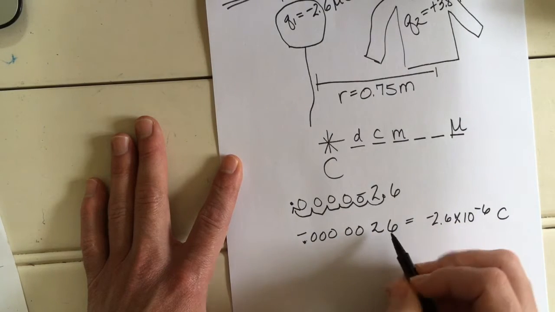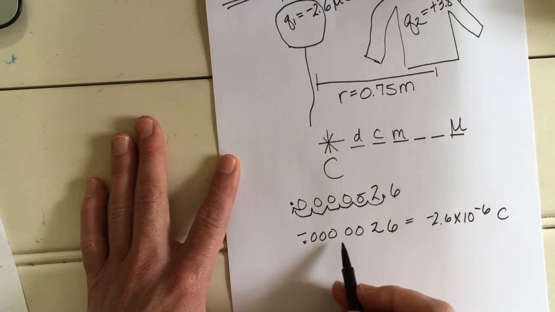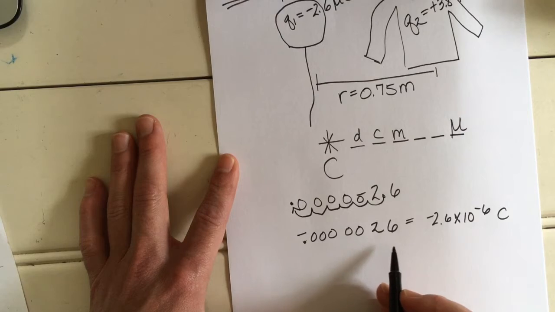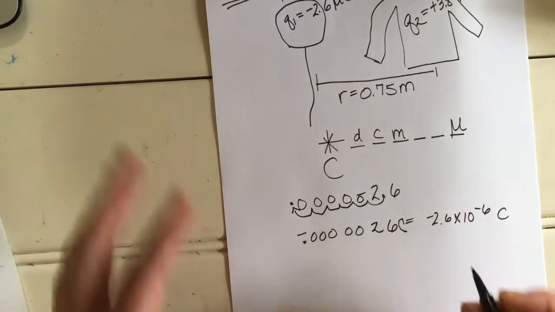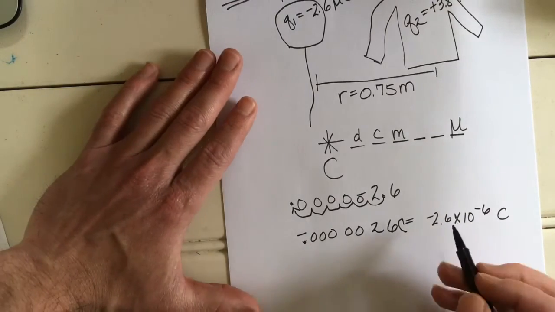Coulombs. But you're free to just call it this, right? 0.3, two more zeros, 2.6 coulombs, and that's right. Either way. And so by that same logic, then